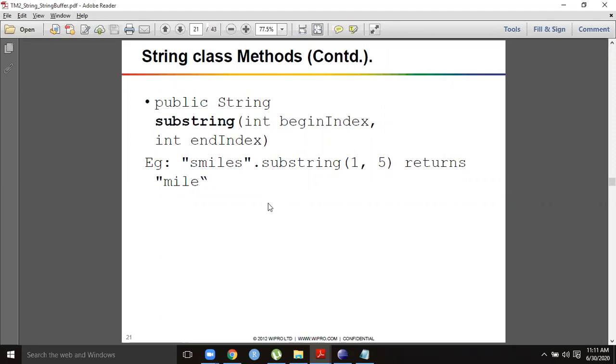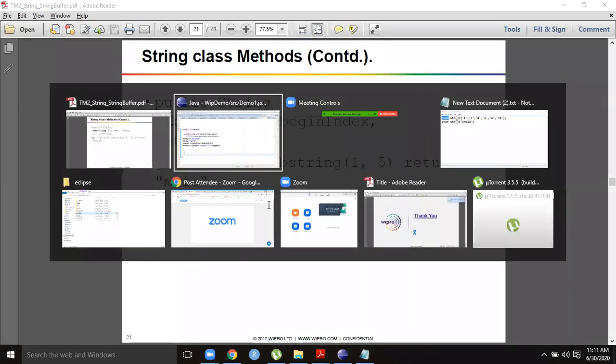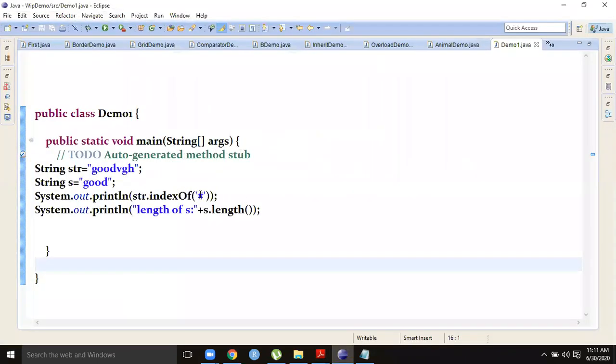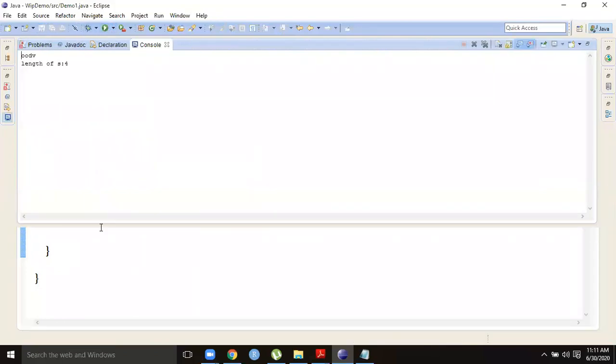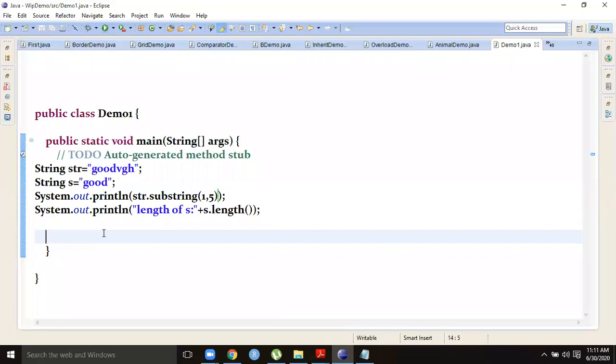For example, str.substring(1, 5). 1 comma 5 means 1 is the beginning index, 1 should be included, and 5 should not be included.